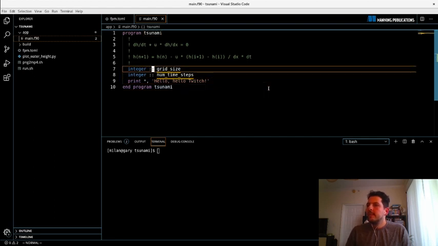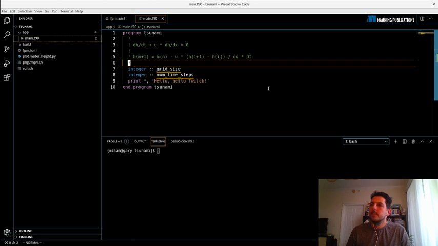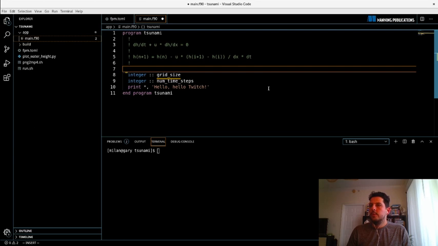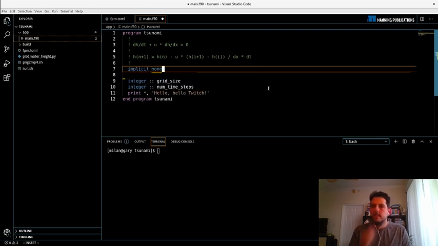So we have our grid size and number of time steps. They're both declared integer. Another important thing about Fortran that you should know right now is implicit none. Fortran has this historical feature. It stems back from, so Fortran started in the late 50s at IBM. So it's one of the oldest high-level programming languages, but it's definitely the oldest high-level programming language that's still in